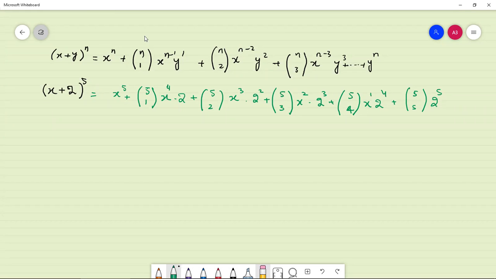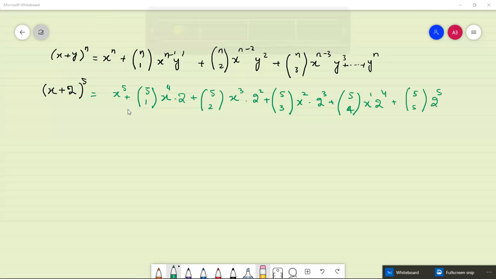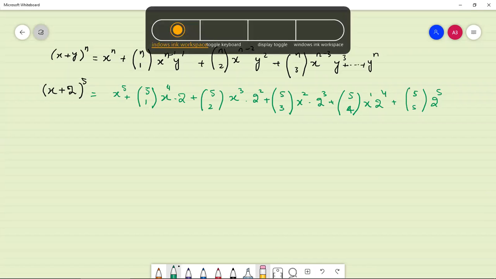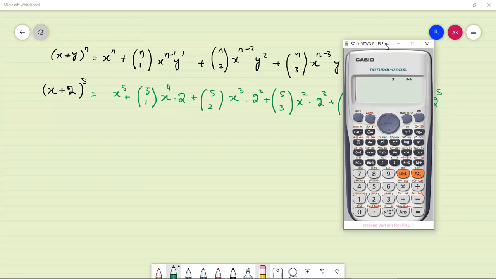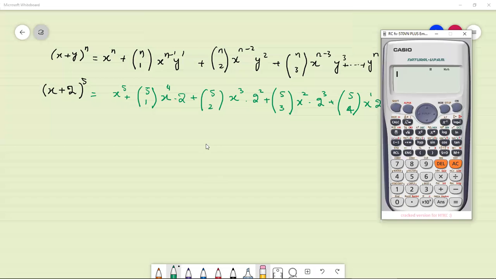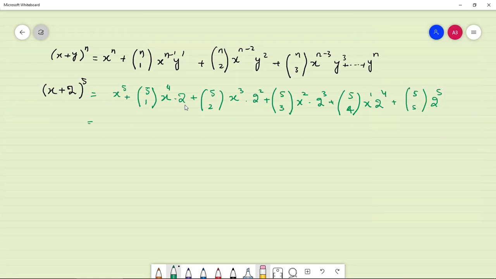Now how can we find this 5C1 by using a calculator? If you look at the calculator, with this model, for 5C1, first put 5, then shift, then this division sign, and 1. This would also be 5, and then 5 multiplied by 2 would become 10. So the first terms are x power 5 plus 5 multiplied by 2, 10x power 4, plus